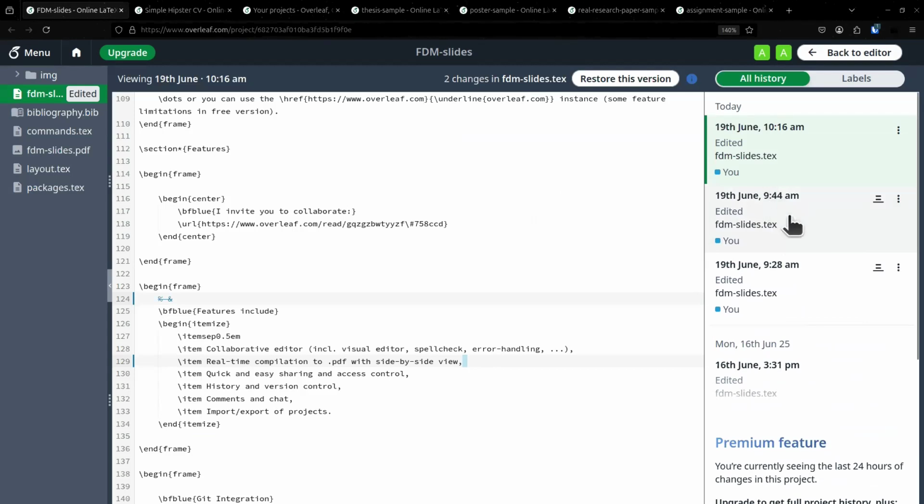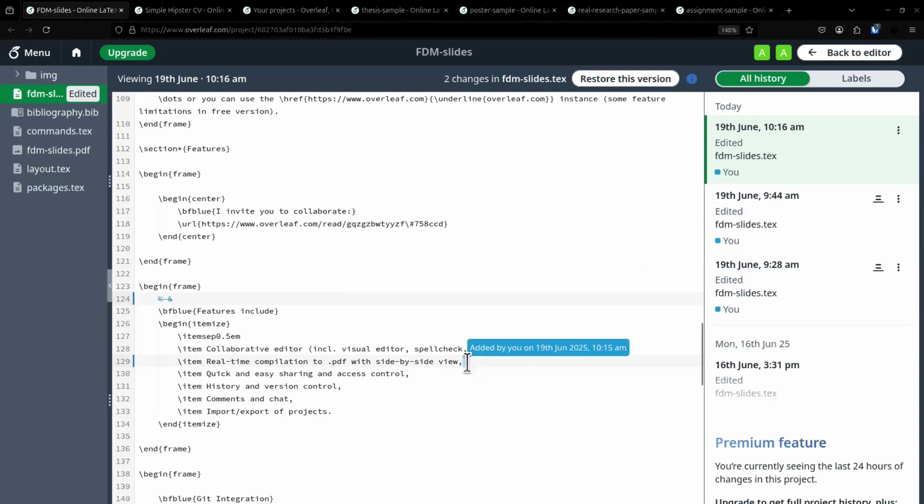This can be circumvented. For example, if you really need to go back to one specific point in time, you can replicate this using Git and then look into the Git commits there. So this is a premium feature which can be circumvented, albeit it takes some more effort. But for example, you can see this was my last change, and you can see what I did. I removed this ampersand here, and I added this space.